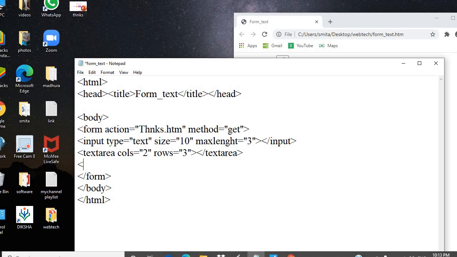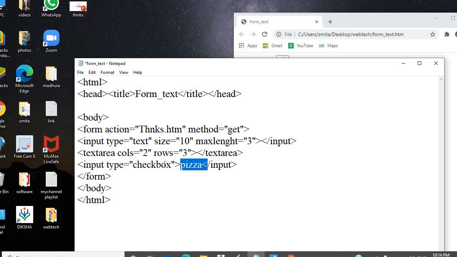To use this checkbox, we have to use the input tag having the attribute type, but this time we won't use text, we will use checkbox. Checkbox again has the name and value attributes, so you can use those attributes over here. Whichever tag you open, we have to close. And over here, whichever field you want, you can select it.